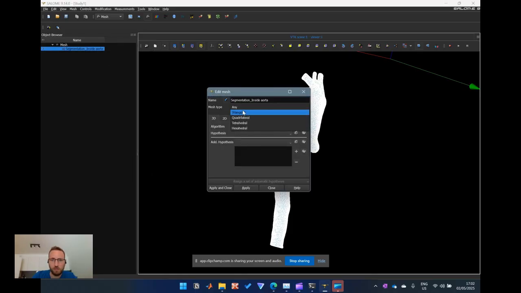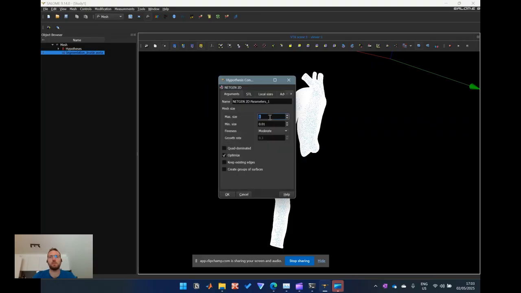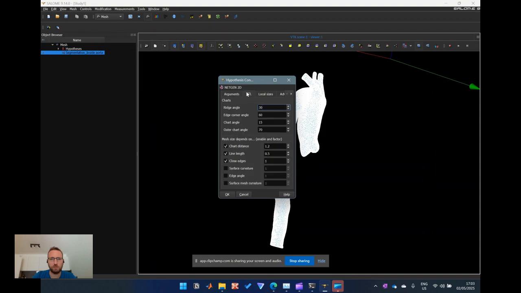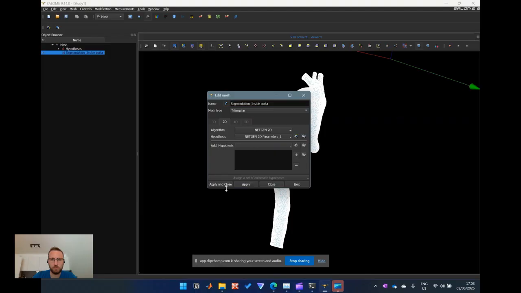We would like to create a triangular mesh, and we are going to use the Netgen 2D algorithm. And as a hypothesis, we're going to create some new parameters. The mesh here is based on a medical image, and the medical image is typically given in millimeters. So let's say that the maximum element we would like to have is 3 millimeters, and the minimum one to be 0. And we would also like our mesh to follow the surface curvature. So we can click OK, apply and close,